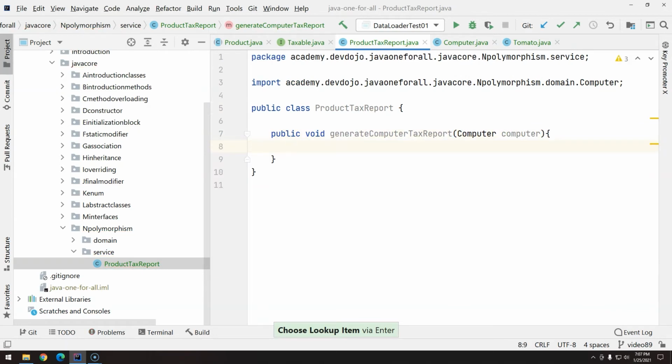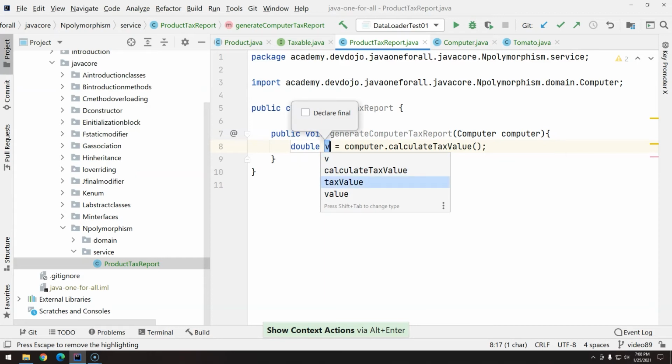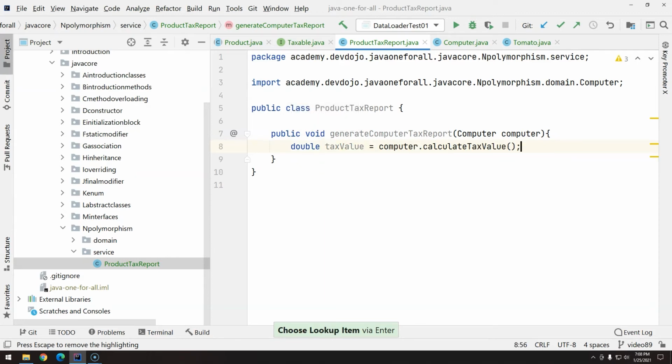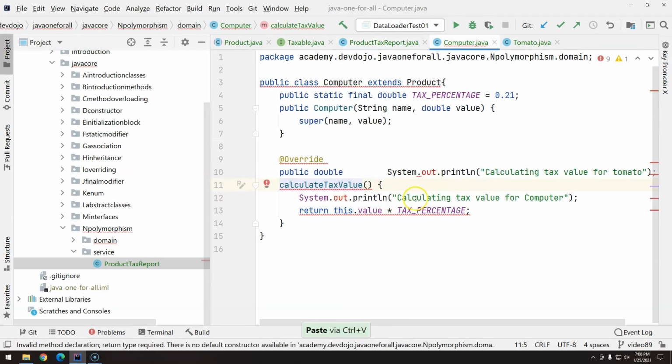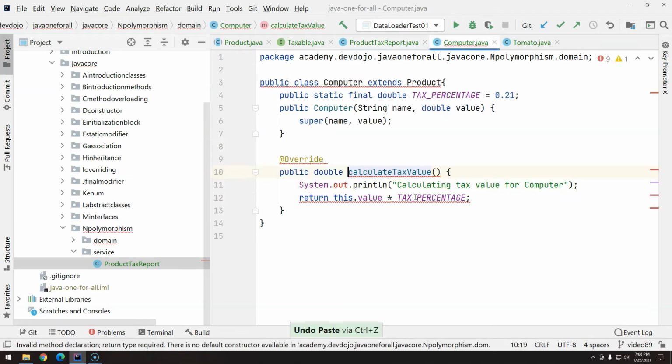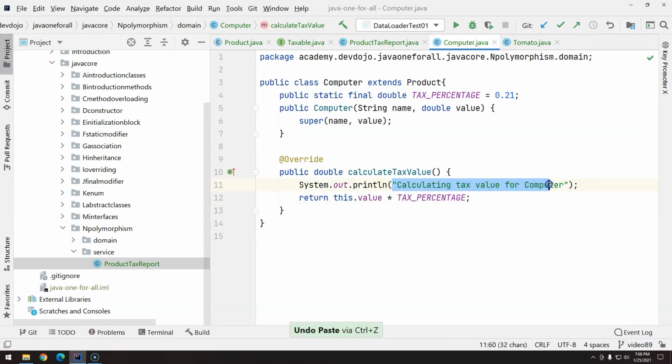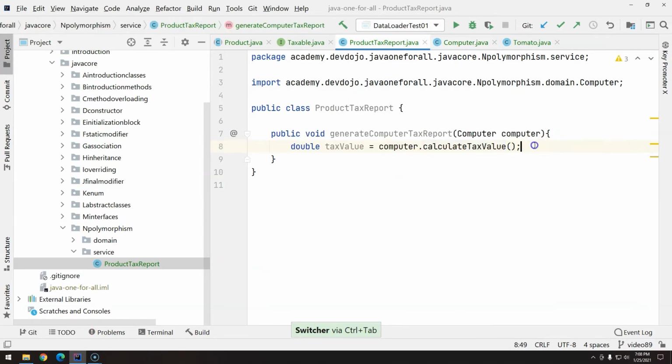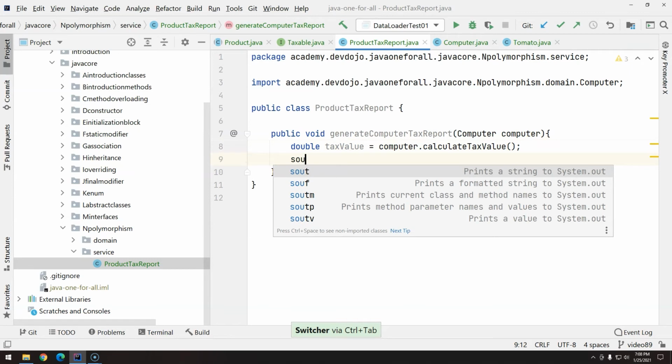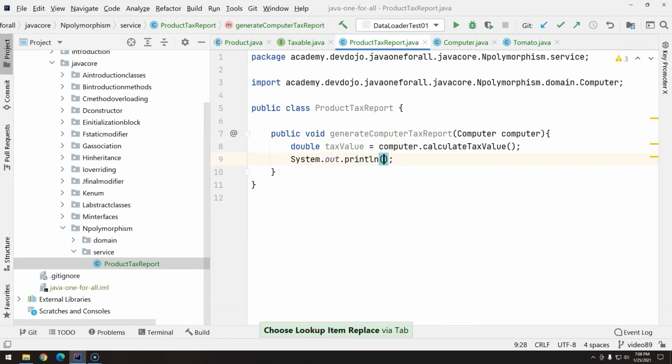Okay, so computer.calculateTaxValue, and we can call this tax value. So when we execute this, we will have in the console "calculating tax value for computer", and then here we can print at the beginning,